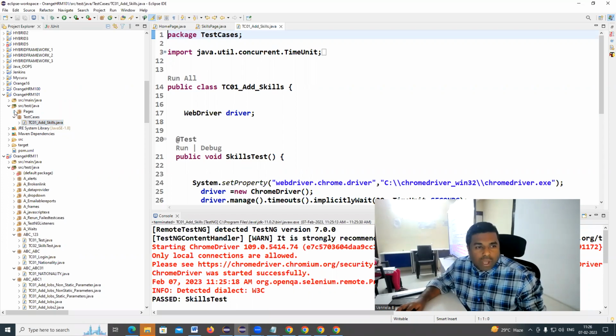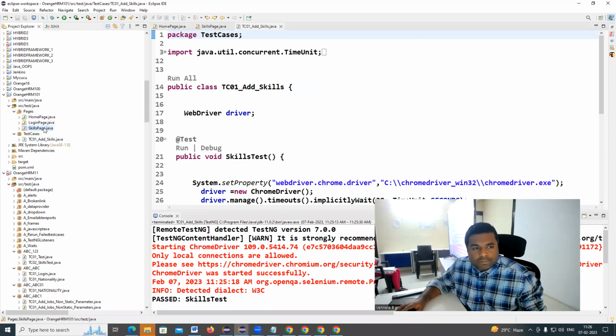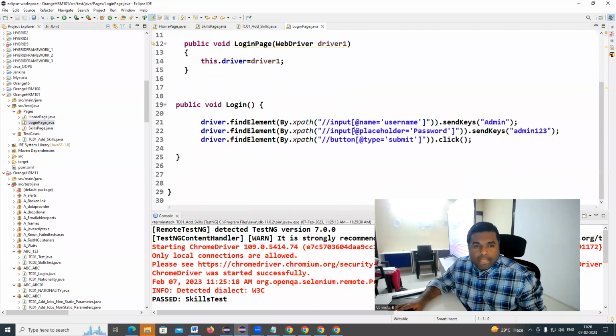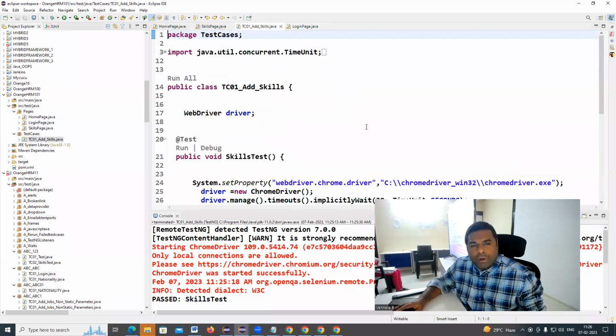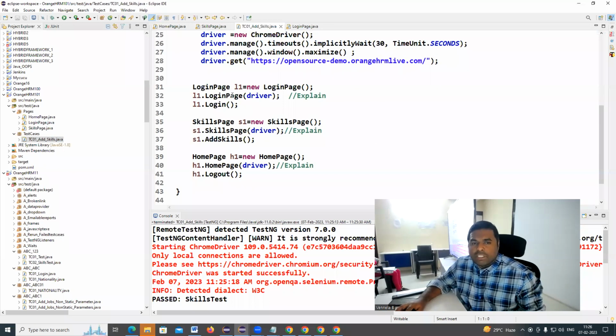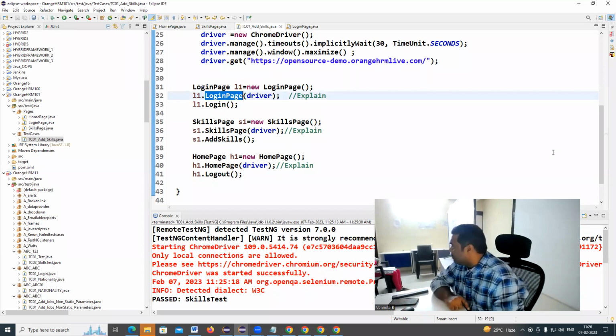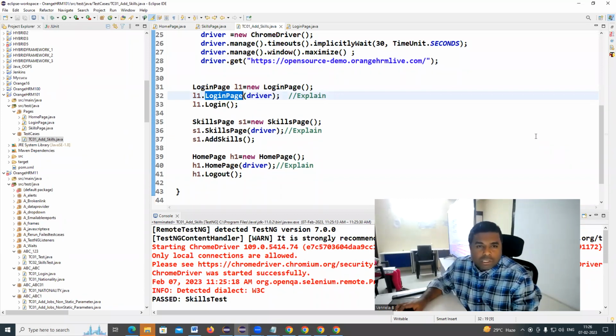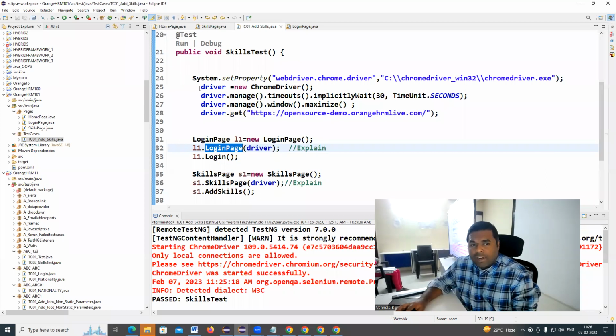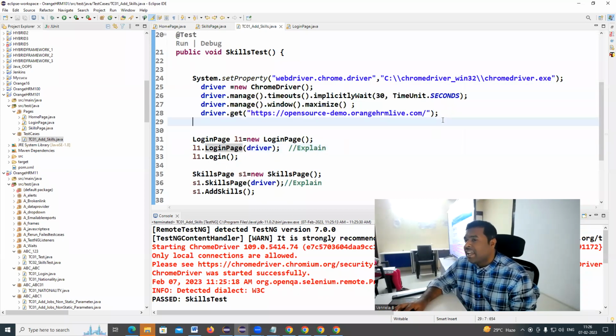Okay, so I need to explain one more important point. This is the method I want to explain. Correct? So if you write a set of driver commands in this class, the driver can understand